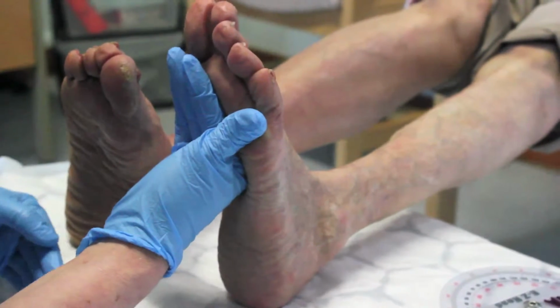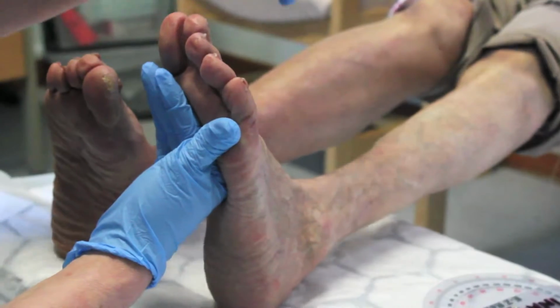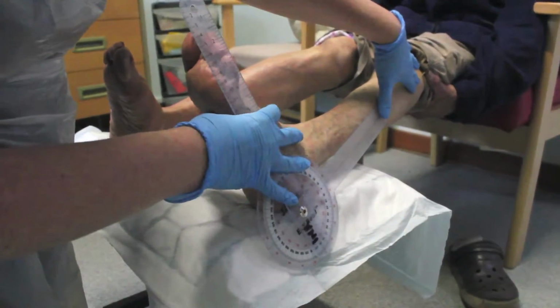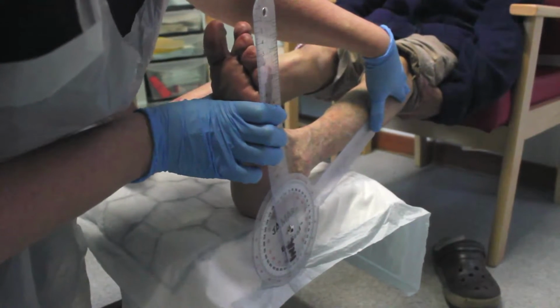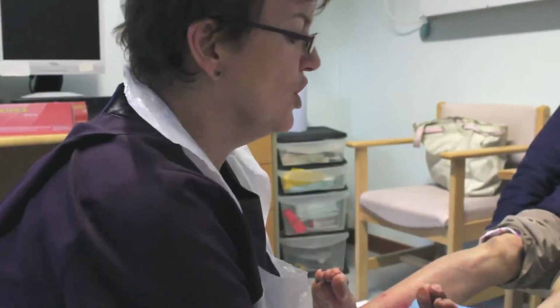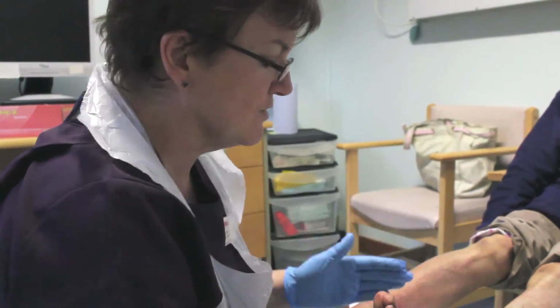Now from this position, it should be able to move about another 10 to 14 degrees up in that direction. Feel for the head of the fibula, along the fifth met, and we'll try and get you to 90. Okay, and we're getting to 10 just barely with quite a lot of force on there. What you'd hope to see is 10 to 14 degrees of movement that direction and up to 50 degrees pointing